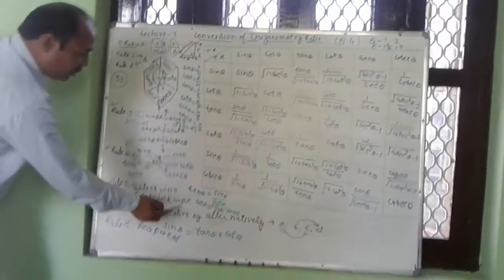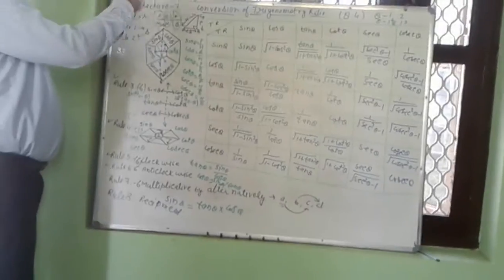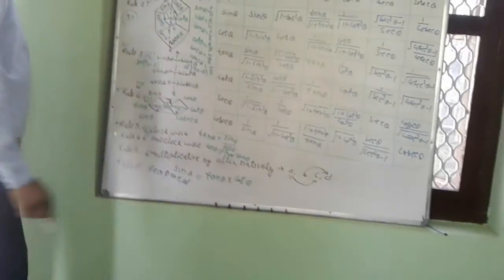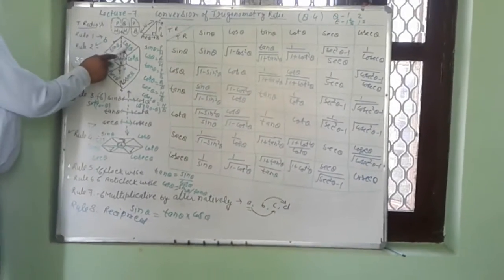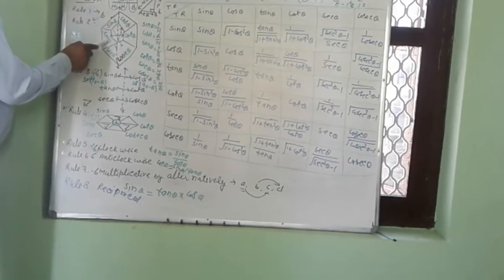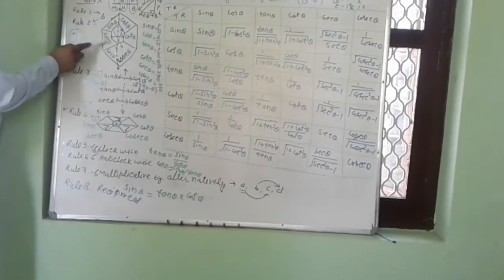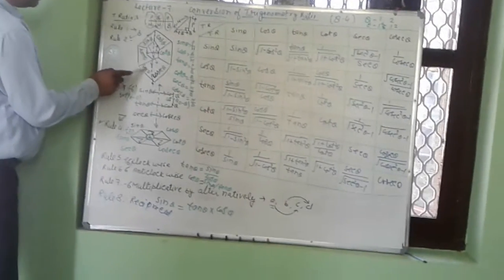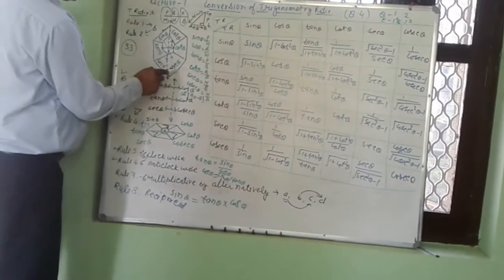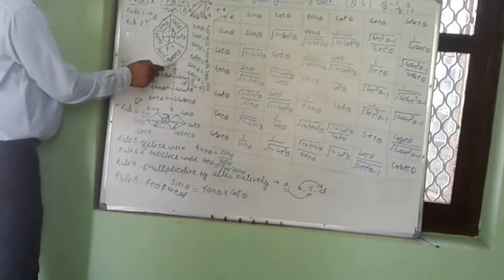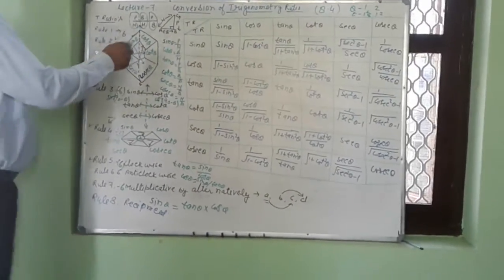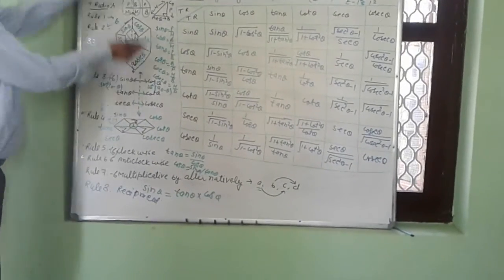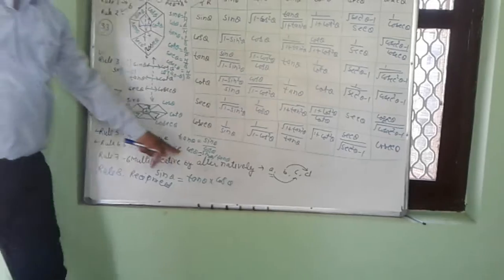Then anti-clockwise. Now this time it is anti-clockwise, just opposite to the clockwise relation. Suppose we write cos theta, then it is equal to sin theta upon tan theta. Sin theta is equal to tan theta upon sec theta. Tan theta is sec theta upon cosec theta. Sec theta is cosec theta upon cot theta. Then cosec theta is cot theta upon cos theta. Cot theta is cos theta upon sin theta. Similarly, 6 from the clockwise relation and 6 from the anti-clockwise relation you can do.